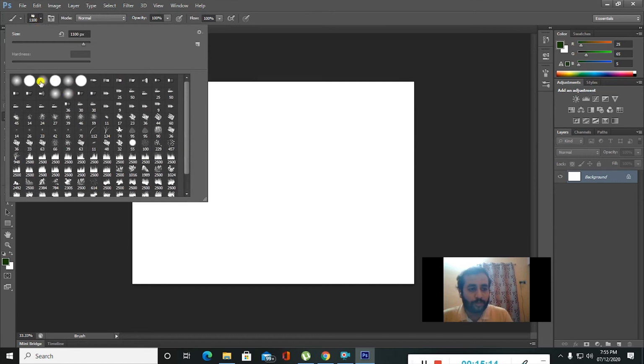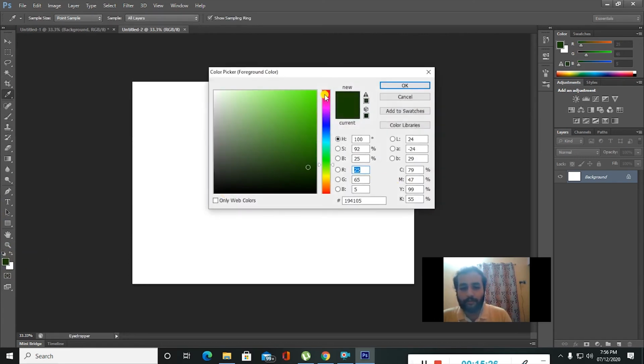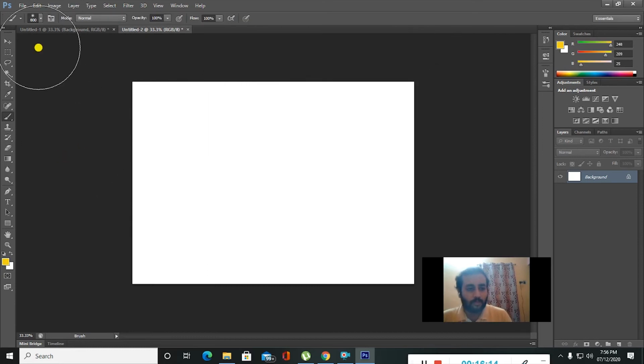Now first I will select yellow color. Click on the foreground color and from here select yellow. Keep this slider on yellow. If you want a light shade or dark shade, you can select it from this. Now just click OK. Increase the brush size. You can adjust the brush size based on your document, and make sure the hardness is 0. Now place your brush on the opposite side, hold shift, and then click and release. So the color will be filled in the horizontal straight direction.